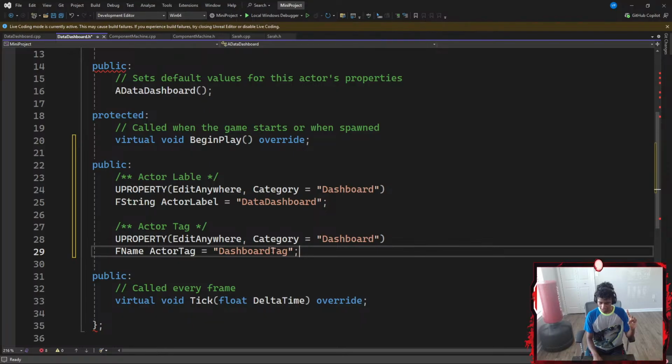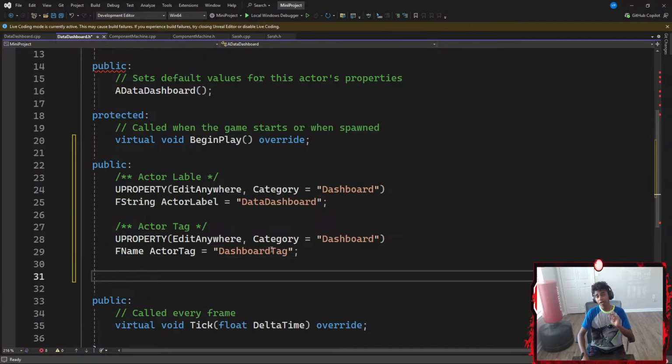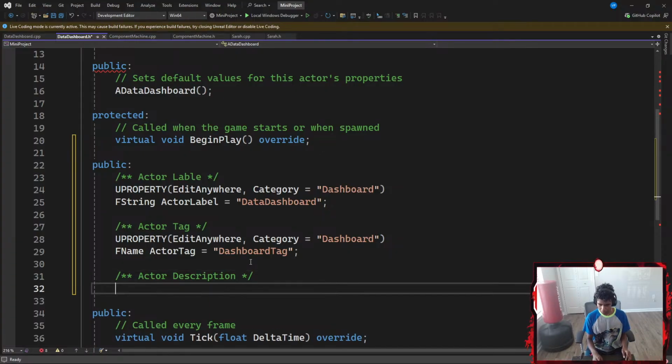Once I'm done with creating my second U property, I'm going to create my third U property, which is going to be my actor's description. So let's go with a comment with triple asterisks, and I'm going to call this something like actor description. My actor description is going to have a U property as well.